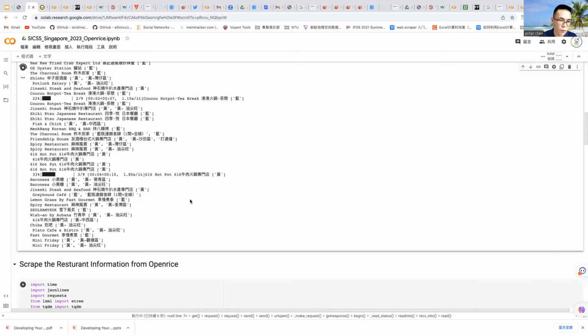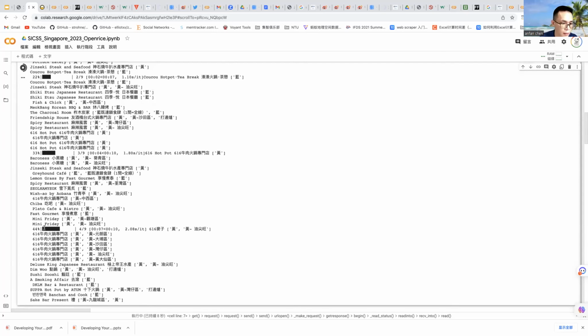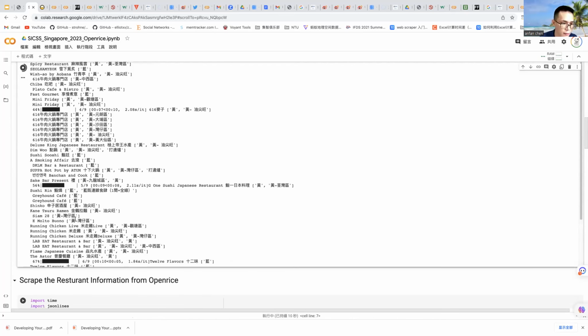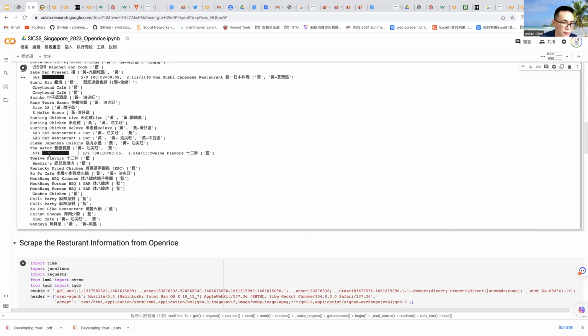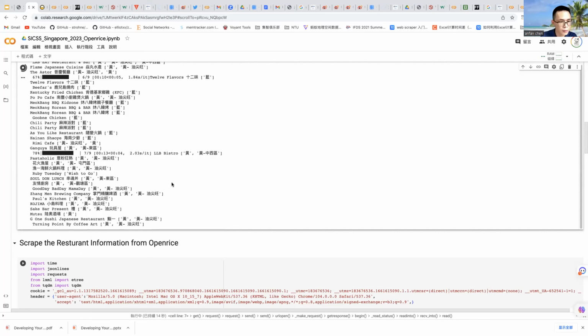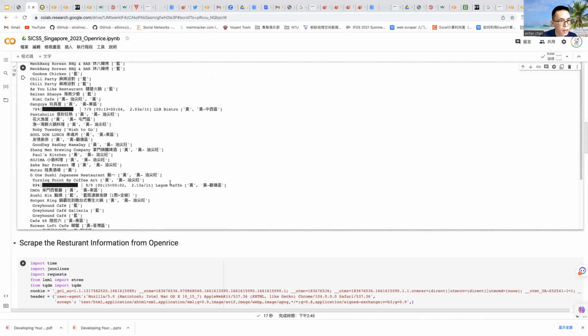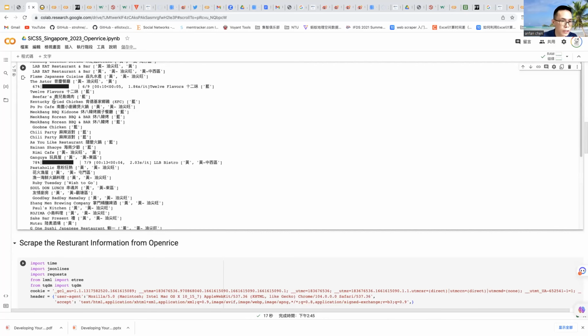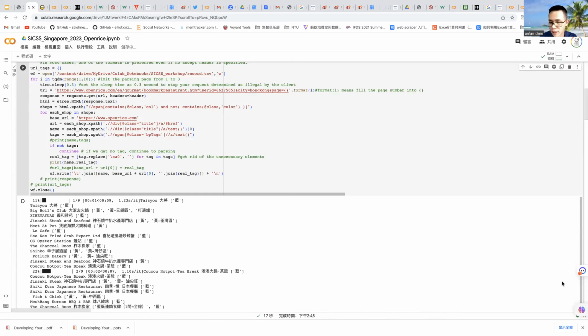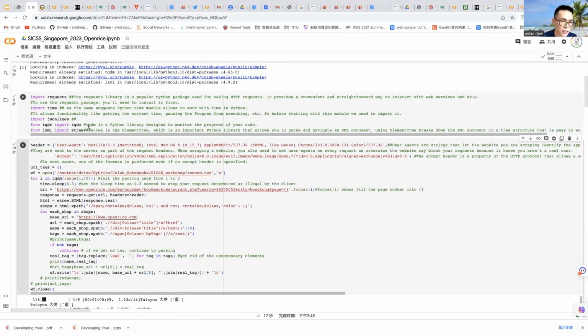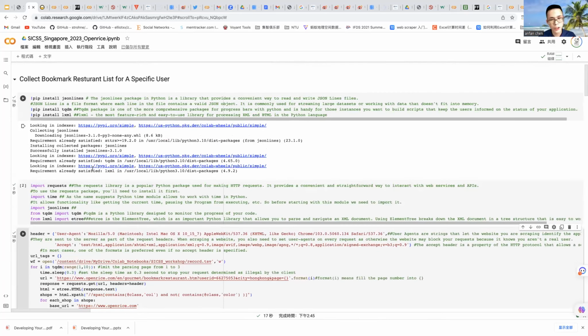Yeah, there's more. And this is the progress. There's more. Okay, we get all the results from these pages. And this is the thing we want to scrape from OpenRice.